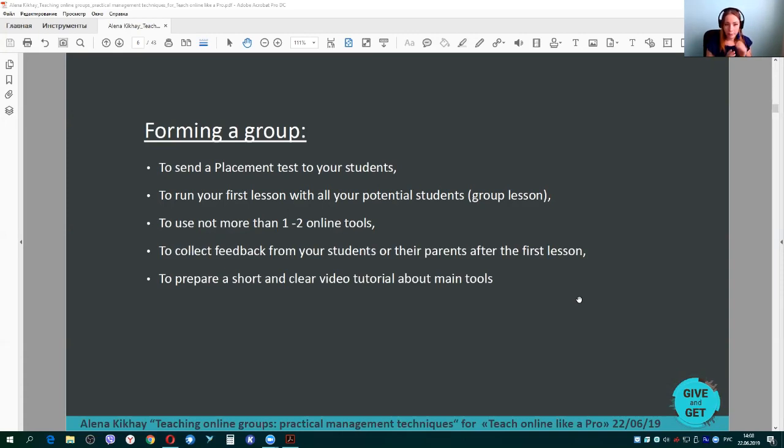Here it's also very important, and I know that some teachers make a mistake. They have individual lessons with the students, their first lessons, and then they combine them and have a group lesson. The second lesson is a group lesson. No, I also think it's a mistake. You should run your first lesson with all your potential students, so it should be a group lesson, just the very first lesson, because here